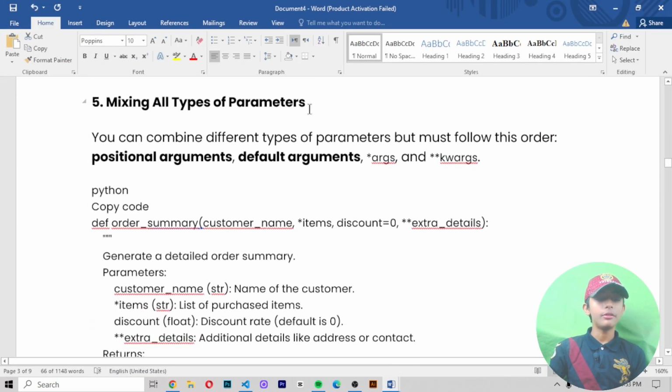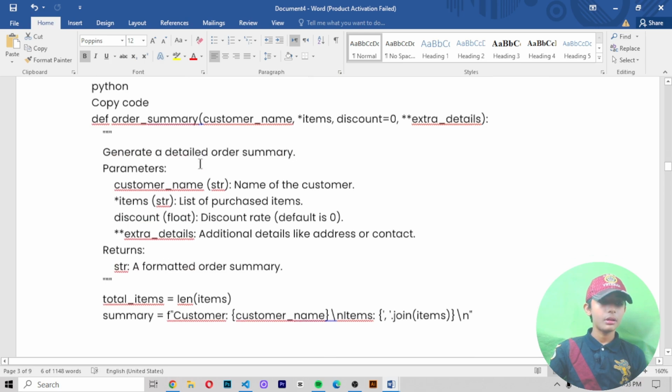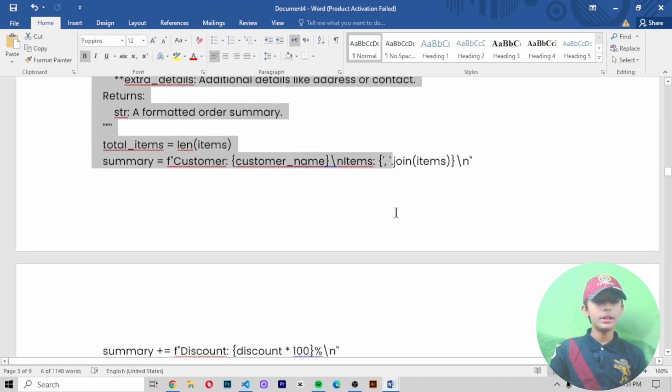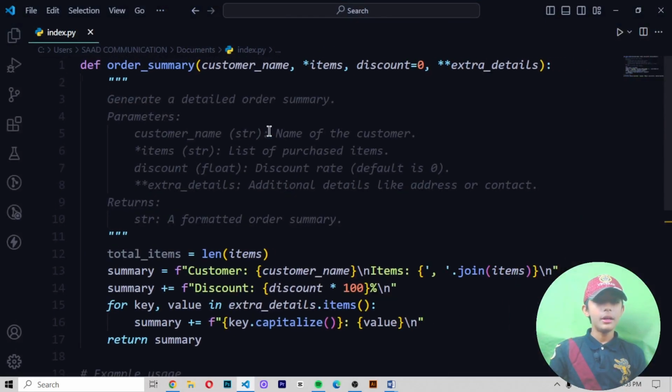Now number 5, mixing all types of parameters. You can combine different types of parameters but must follow this order: positional arguments, default arguments, then *args and **kwargs. This is the code here, you can see it. Copy it and paste it.